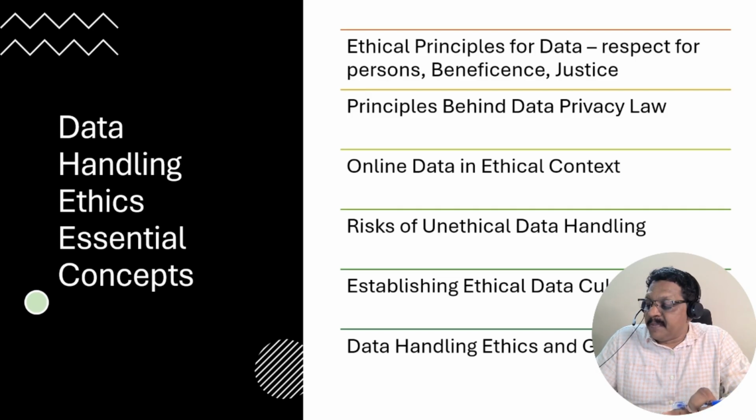Then another principle is data minimization. Personal data must be adequate, relevant, and limited to what is necessary in relation to the purpose for which they are processed. They should not collect unnecessary data, only collect the minimum. That's data minimization. Then we have accuracy. The data should be kept accurate. It should not be kept for long because there is a possibility of changing the accuracy, right? So should maintain accuracy.